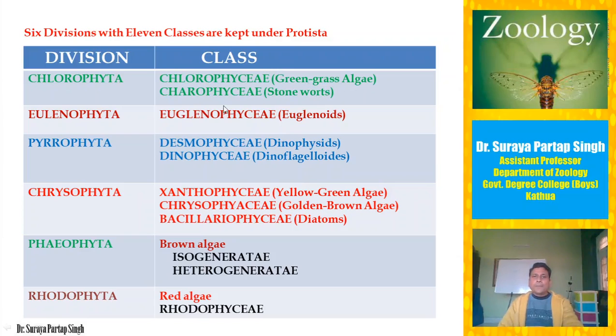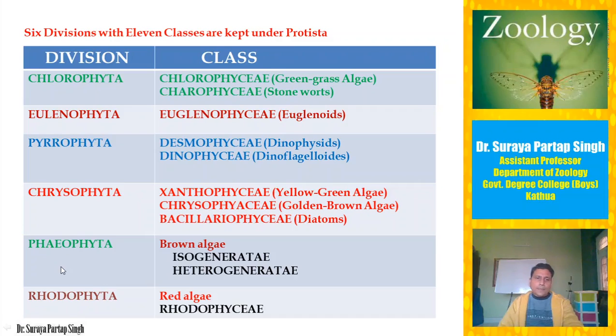the green grass algae, and Charophyceae, which are known as stoneworts. Euglenophyta has only one class, that is the Euglenophyceae, which involves euglenoids. The most common example is Euglena. Pyrophyta has 2 classes, Desmophyceae, which involve dinophysids, and Dinophyceae, which includes dinoflagellates. Then the division Chrysophyta includes class Xanthophyceae, yellow-green algae, Chrysophyceae, golden brown algae, and Bacillariophyceae, which includes the